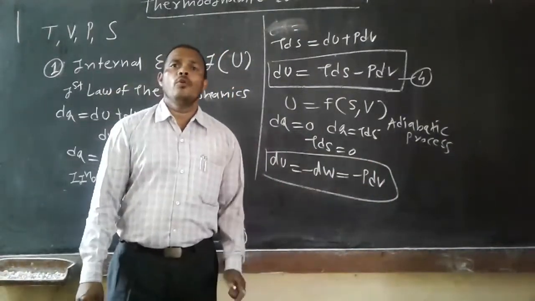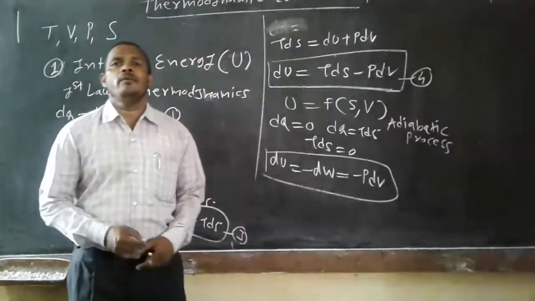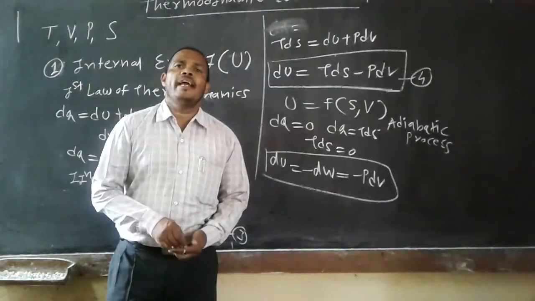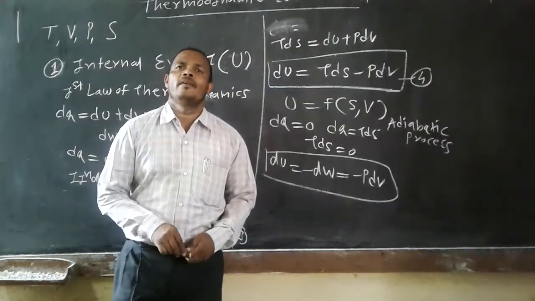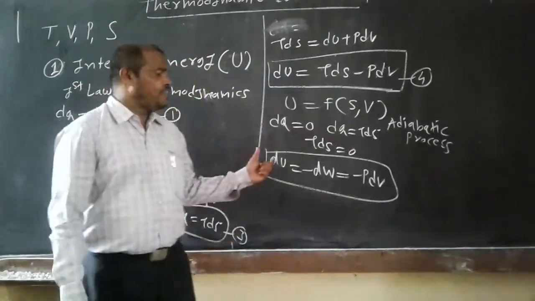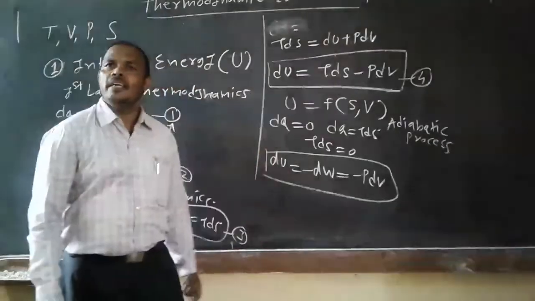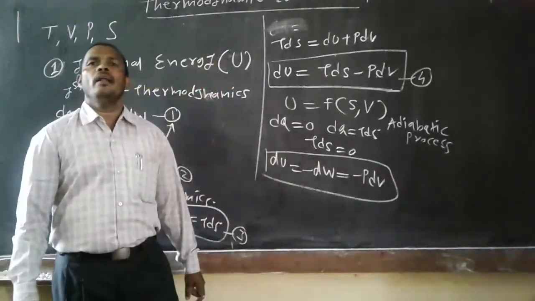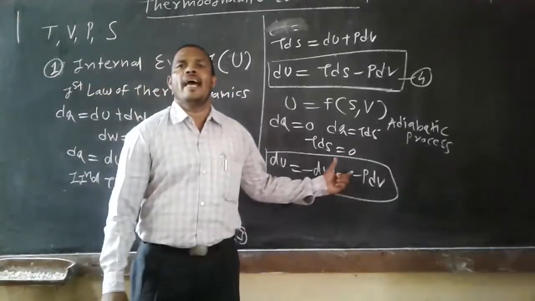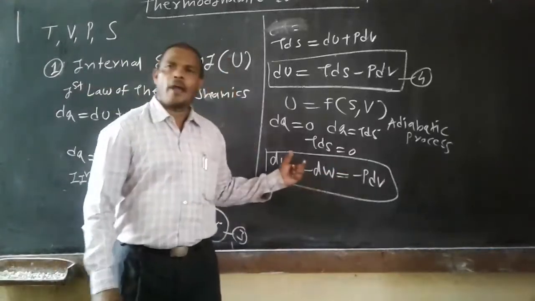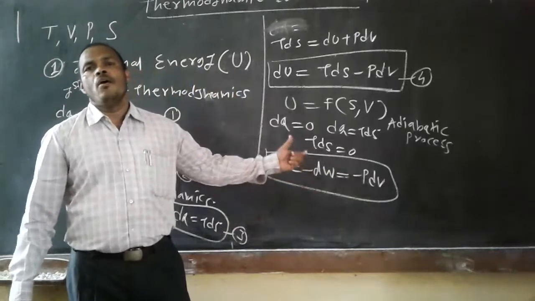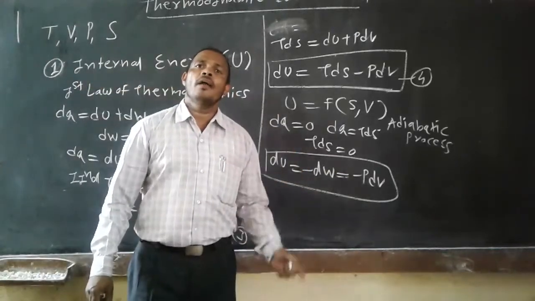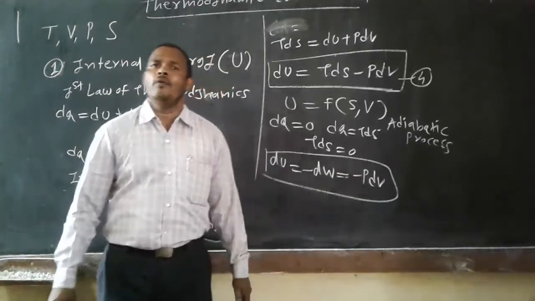So we conclude that when a system changes adiabatically from one state to another state, then change in the internal energy is nothing but work done on the gas, because according to sign convention, work done by the system is taken as positive,